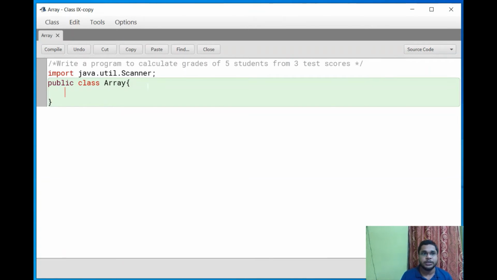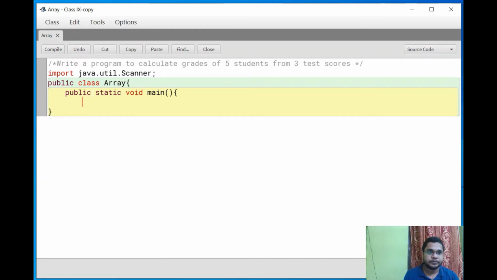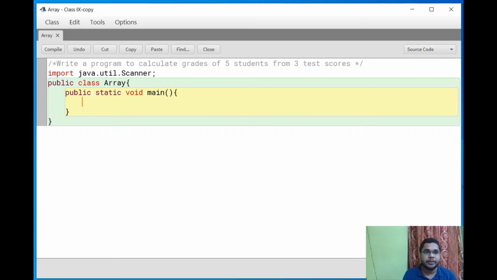So how to do that? Let's take a class, this is my class name. Next, create the main method, that is public static void main. Inside the main method, let's create a 2-dimensional array named marks, of float type.